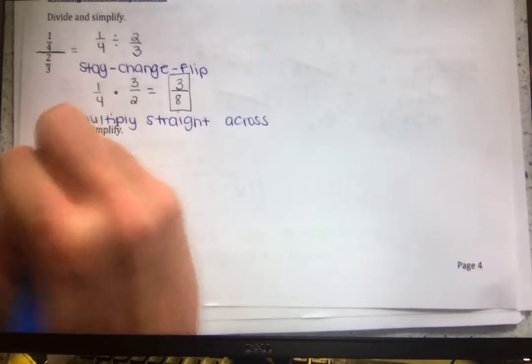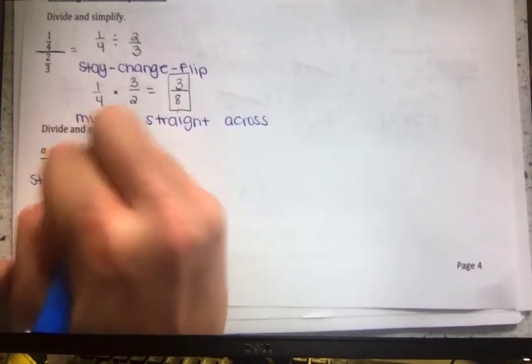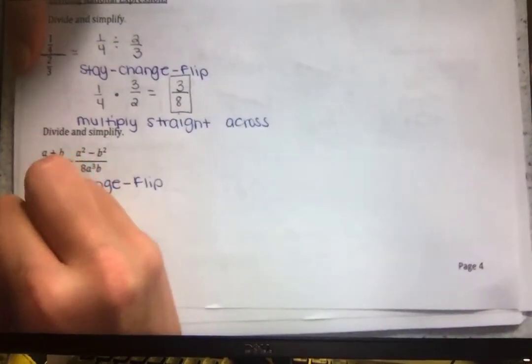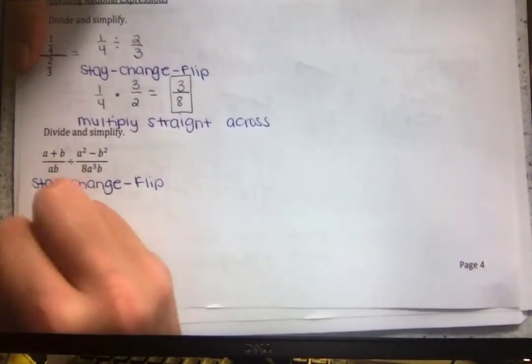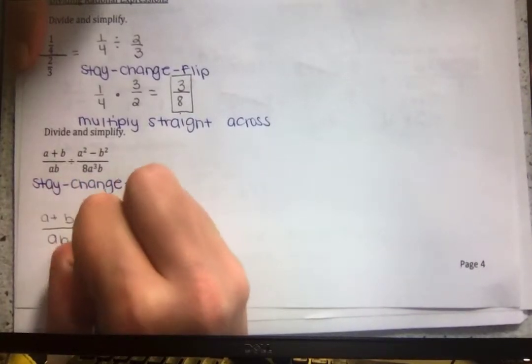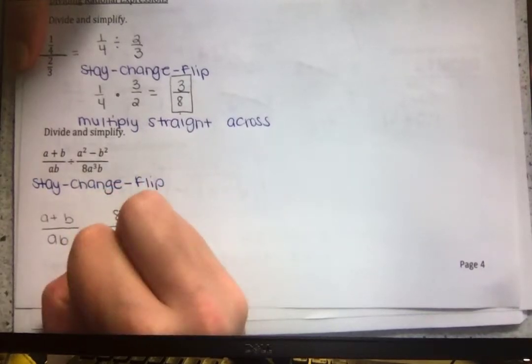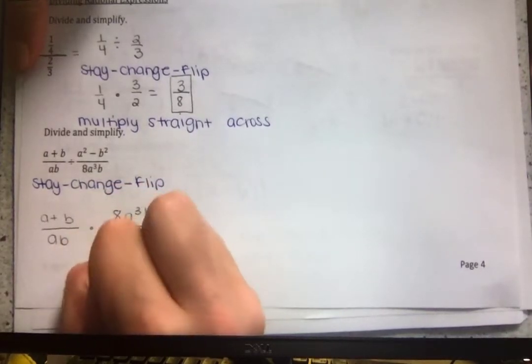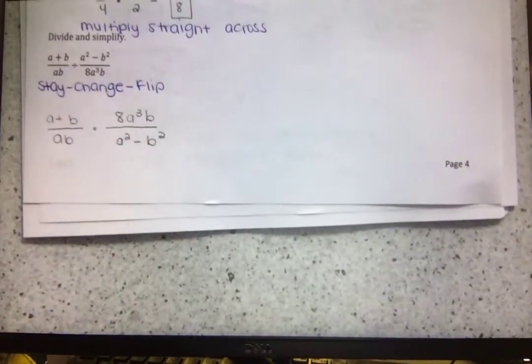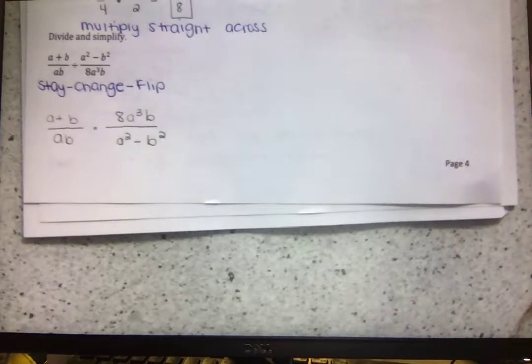A squared is a times a. One's positive, one's negative. B squared is b times b. So we have everything factored. So now multiplying straight across. A plus b times 8 times a cubed times b all over a times b times a plus b